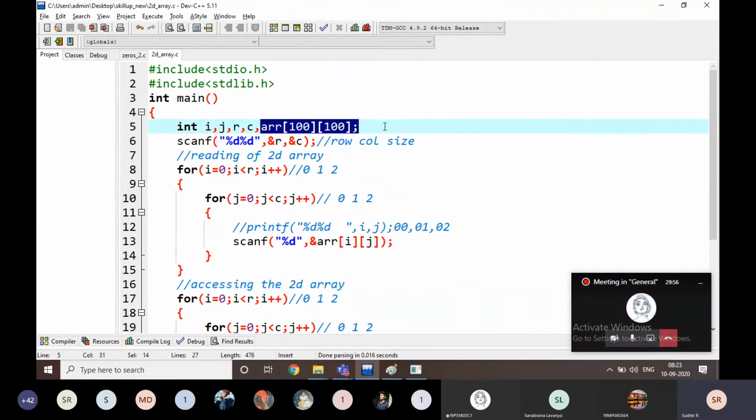This declaration is a static memory location that is going to be fixed. Here I am going to read only, for example, a 3 by 3 matrix, right? So what is the maximum size of this one? This one is going to be 100 by 100. But how many values am I reading here? Only 9 values, that is 3 by 3. All the remaining memory locations are wasted, right? Just note it down, everyone. This is the one type of memory allocation.